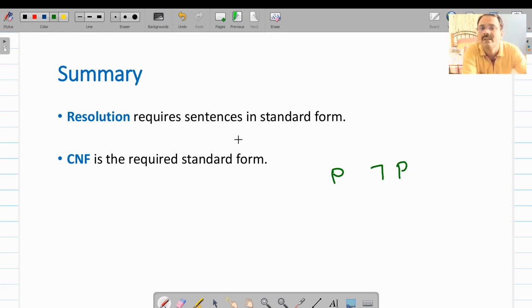So that standard form is called as conjunctive normal form. We call that as CNF. And this CNF is a simplified form of your original predicate language statement, and we are going to use this in resolution as an input to the resolution procedure. In next class we will see how unification algorithm works.